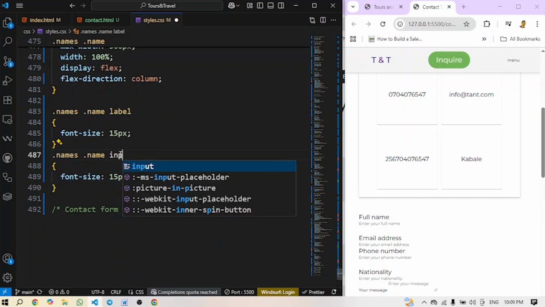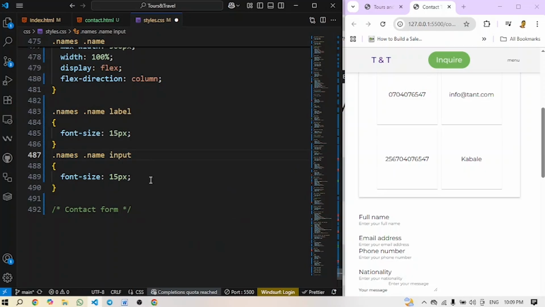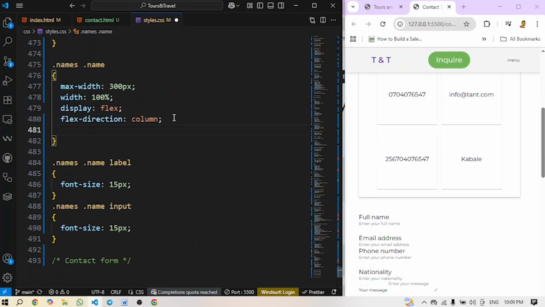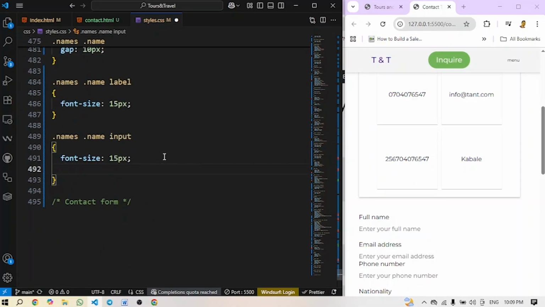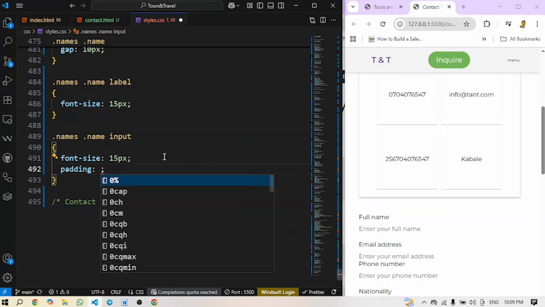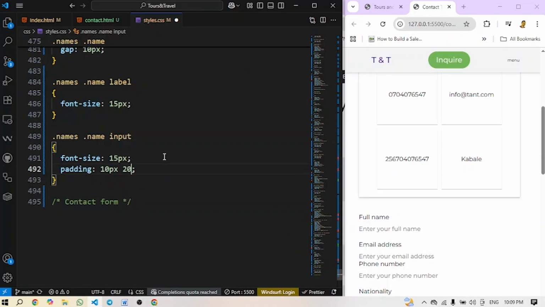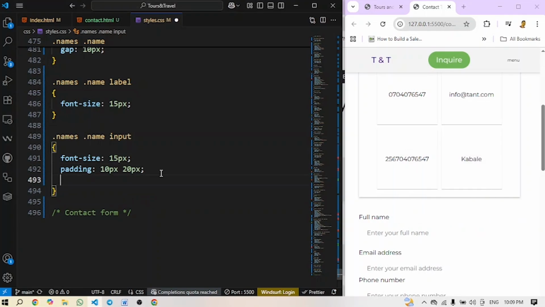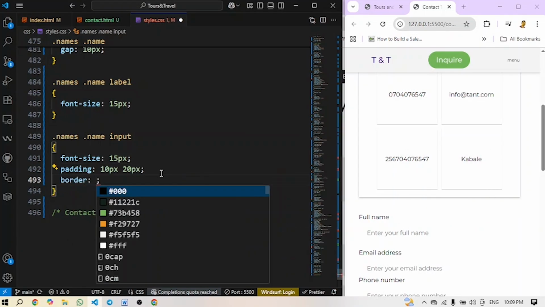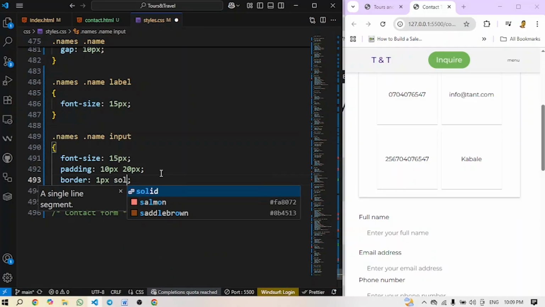And then input 15 pixels as well. So let us put a gap here for 10 pixels. I'm going to put a padding 10 pixels and 20 pixels. Let us put a border of 1 pixel, solid,